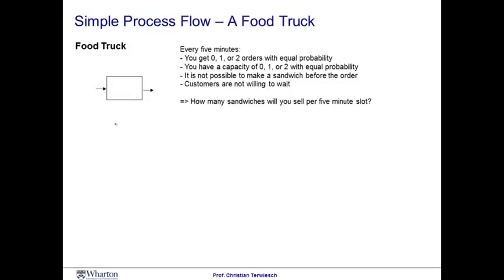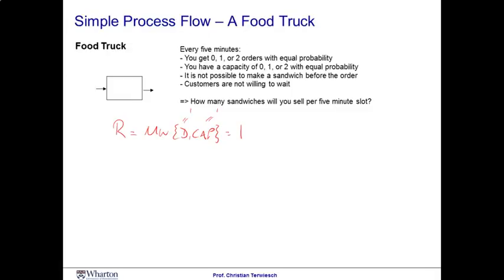Well, previously we defined the flow rate as the minimum between demand and capacity. In this case, since we have an average demand of 1 and an average capacity of 1, a naive analysis would suggest that our average flow rate is 1. However, this example is misleading.